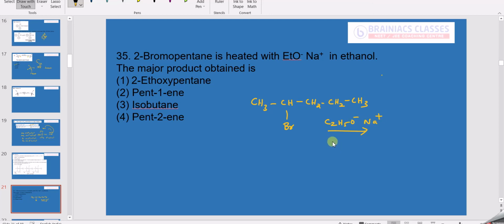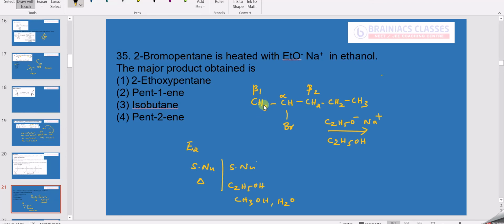So we know it's a strong nucleophile, and in the presence of ethanol. And I taught you that there are two ways E2 elimination happens. One is in the presence of a strong nucleophile along with heating. The other is in the presence of a strong nucleophile with a polar protic solvent like C2H5OH or CH3OH or even water. So here, elimination will happen. This is the alpha carbon, this is beta, this is another beta. So beta 1 and beta 2 are there. We know the general elimination is beta elimination.